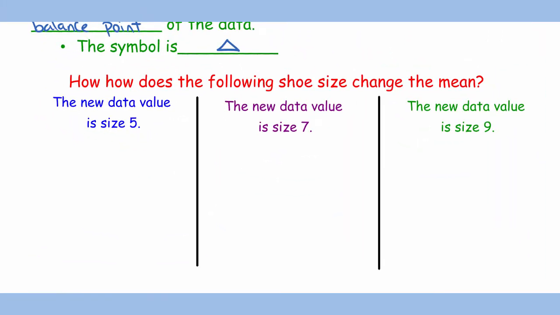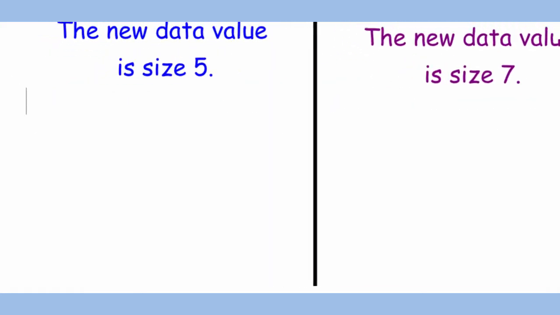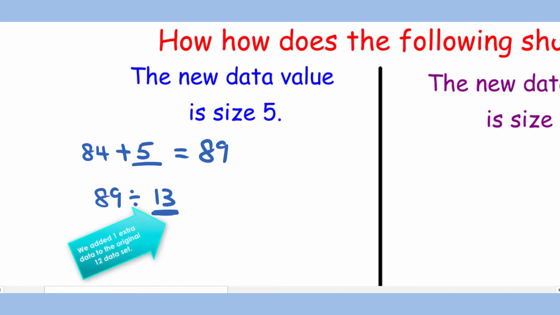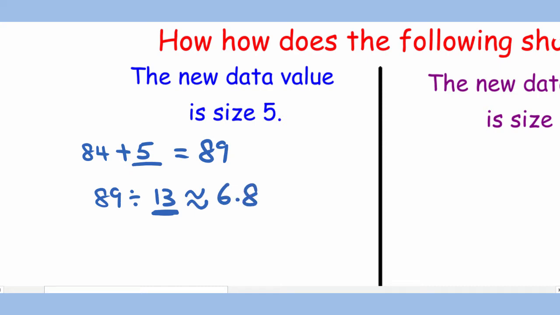The next thing on this slide is to see how each of the following numbers affects the mean. If we add a new number, 5, to the current data set, we will have a sum of 84 plus 5, which equals 89. Now, instead of dividing by 12, we will divide by 13 because we added one more data value to the list. And this brings us approximately 6.8 as our mean,